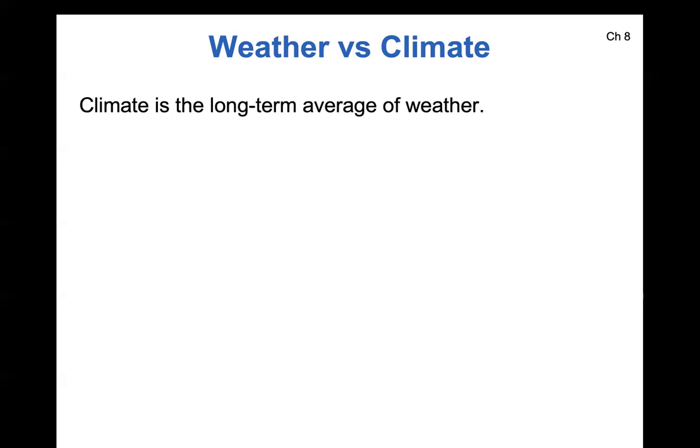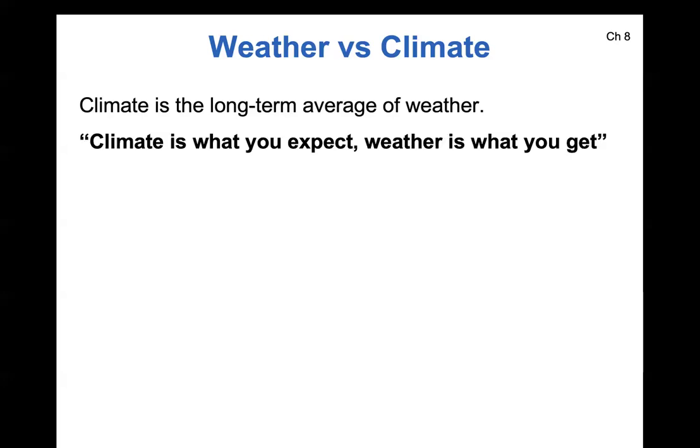It has to. Before we get to that, and I'll repeat that statement because it's not immediately obvious, it's an interesting idea, but once it becomes clear, it really helps with understanding all of this. Let's first define two words, weather and climate. Maybe you've heard this comparison before. Climate is the long-term average of weather. When we talk about climate change, we're not talking about weather change, because weather is just random events. Weather is what happens on a particular day or small period of days. So climate is what you expect, weather is what you get.